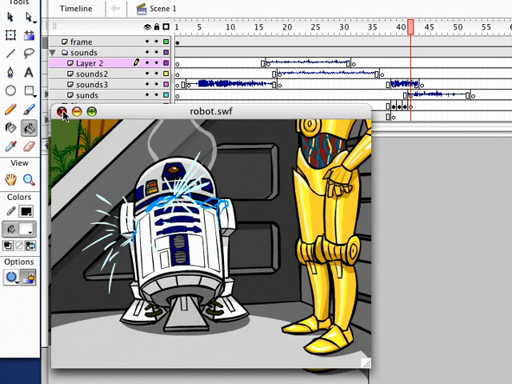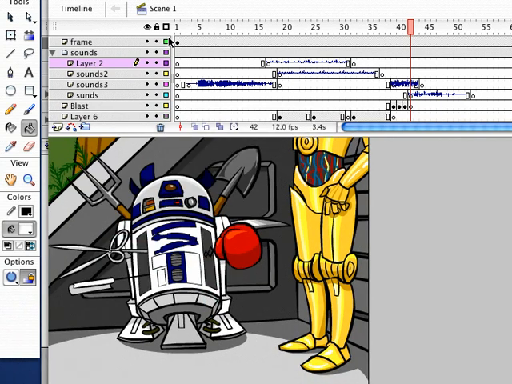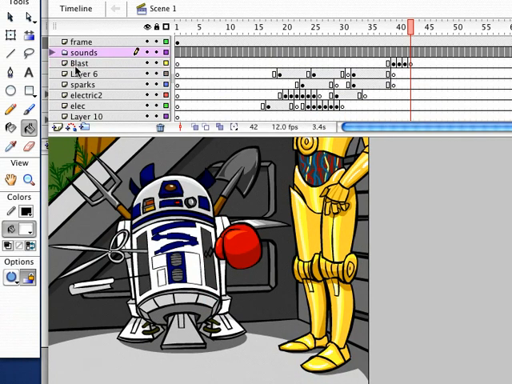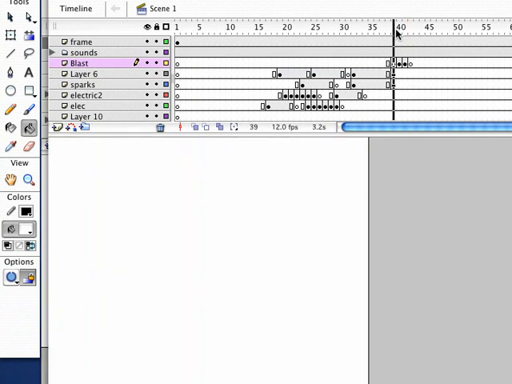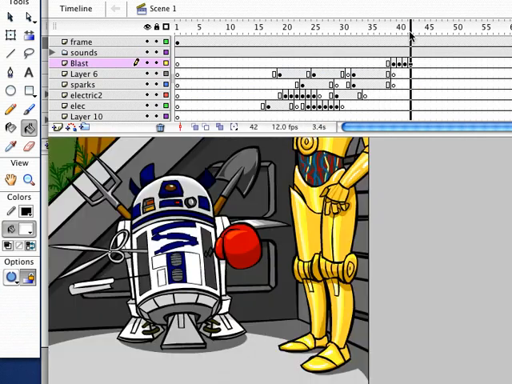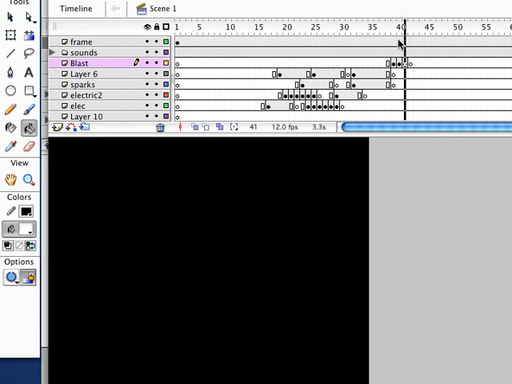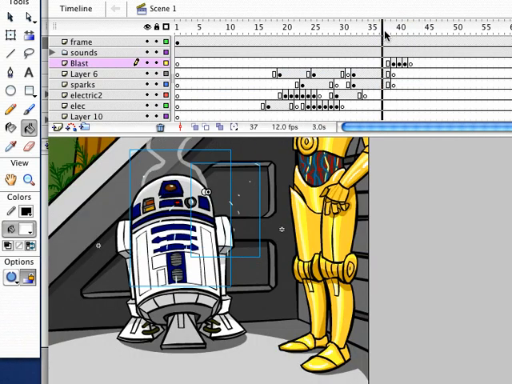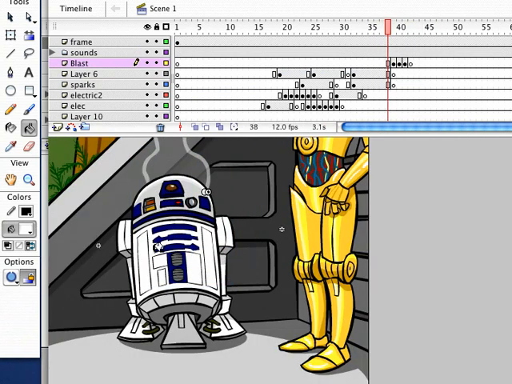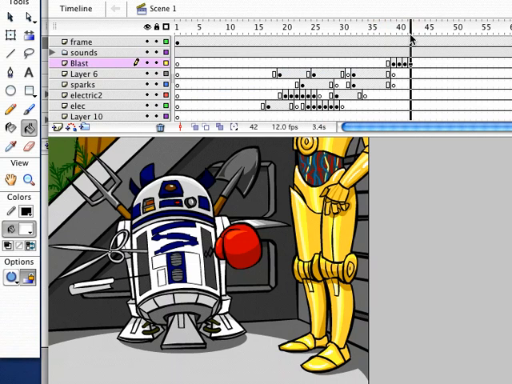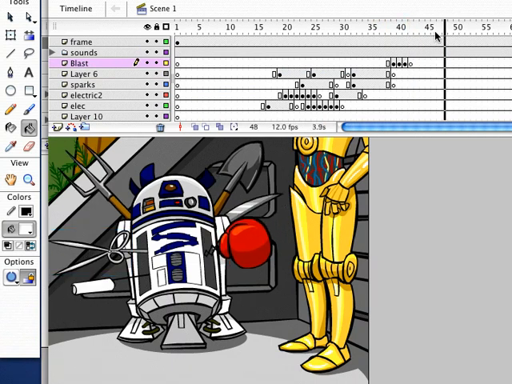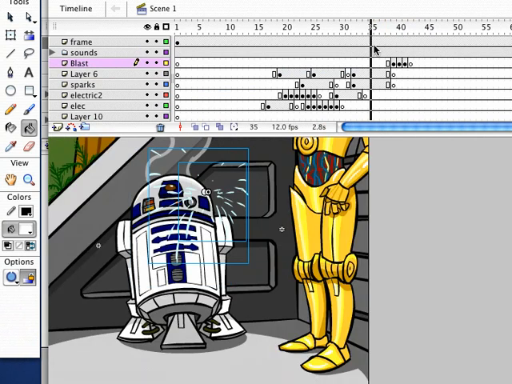Okay, so what I have here is, again, I just made a layer called Blast, and it has to be the top layer just so it can wipe out everything. So we got the white, the black, the white, and then we come out of it. Okay, and it's pretty useful too, because if you look here, I don't have any of the props coming out of him yet, and then by wiping out everything underneath with these flash frames, I can just pop them on. I don't really need to animate them on, although they do just move out like that. So it's useful too.